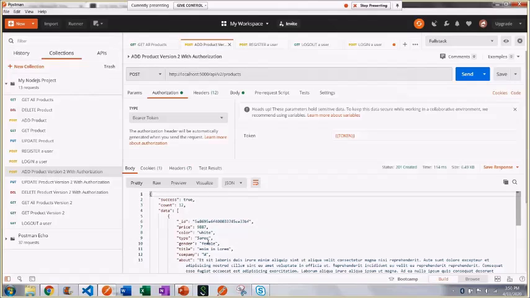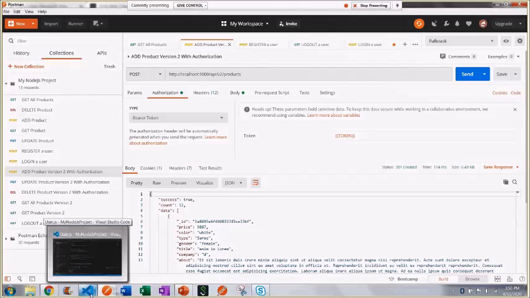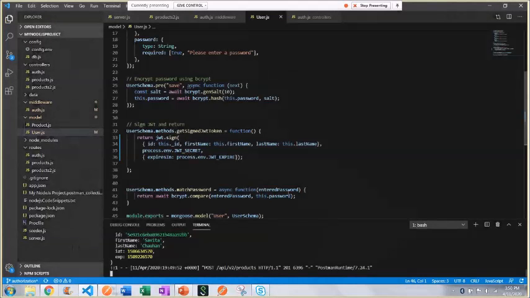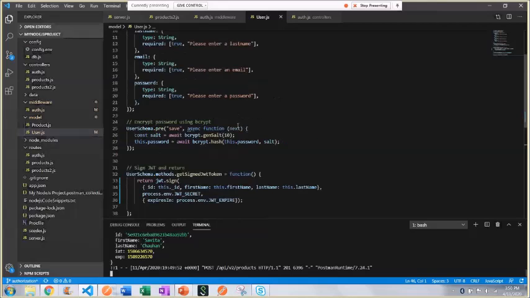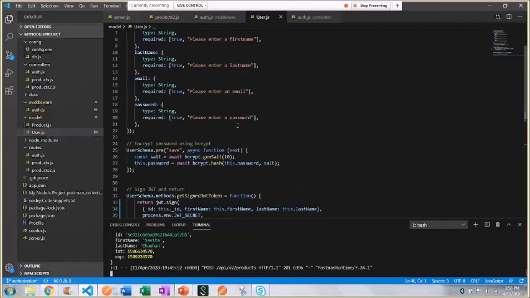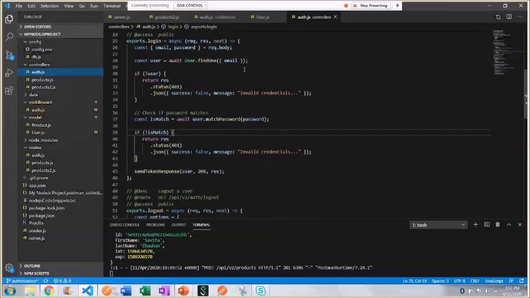Okay, so we saw this. Now let's get into the code. Let's see how we write the code for this. The first thing we'll see in the code is how we generate that token. So we saw that the token got generated when we were registering the user, right? So when we register the user,